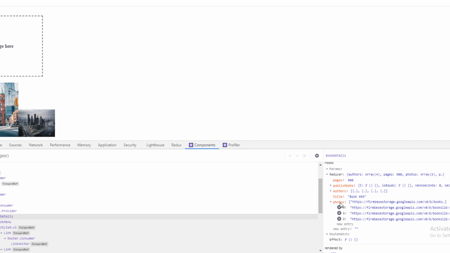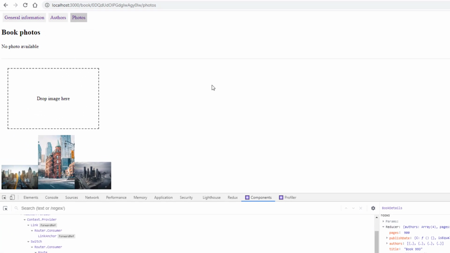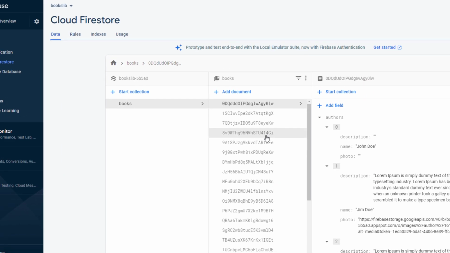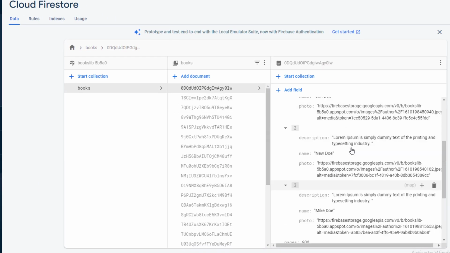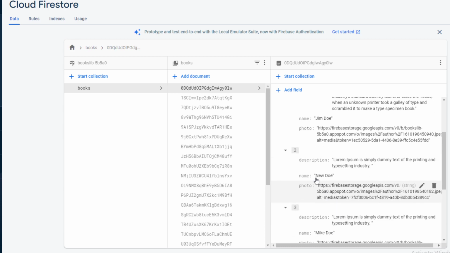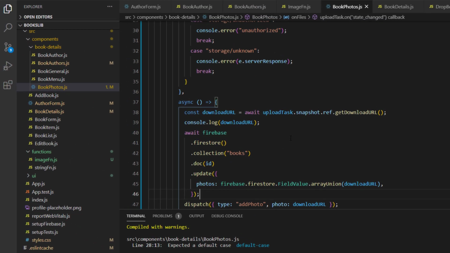Now I can work with this section of the state to publish here the photos in the list. Next I can go to my database and see that the book which I am working on currently also has the 3 full URLs for the 3 photos we have just uploaded, which is great. It means everything is working as expected. The next step will be